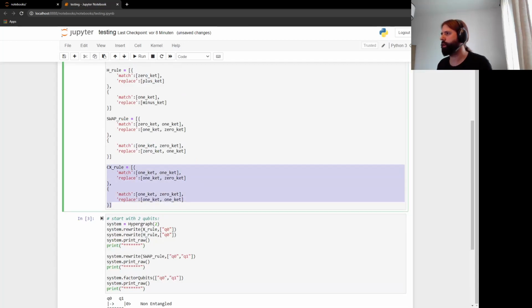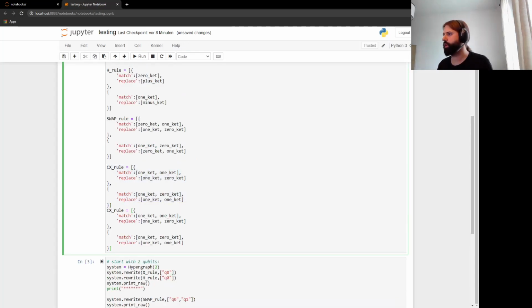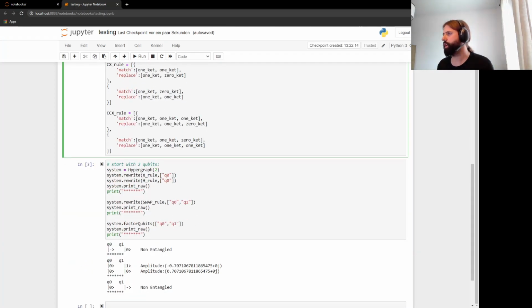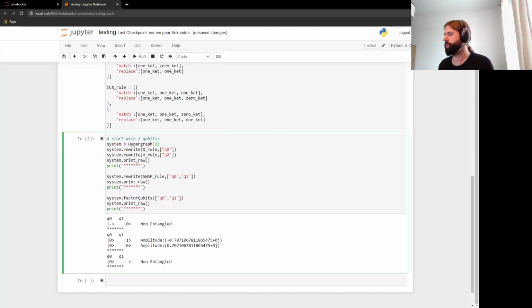so what about we write? I think it's a good trade-off that you can build rules like that, so you don't have to build matrices. It's much more efficient to just build these rules, so we know that 111 goes into 110, and 110 goes into 111, right? So here we have the CCX rule, and if we have a system with 3 qubits,